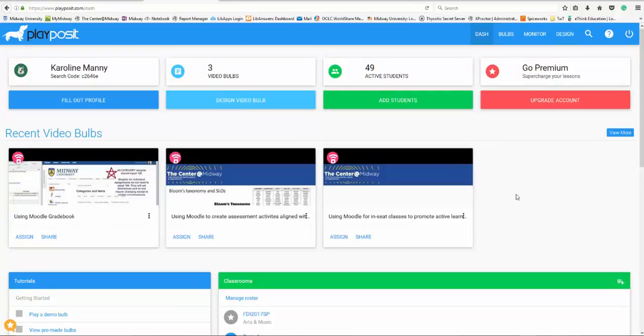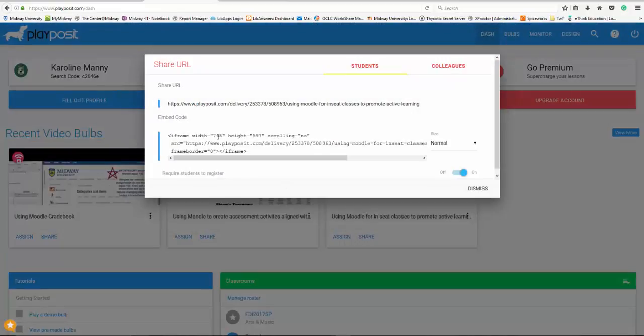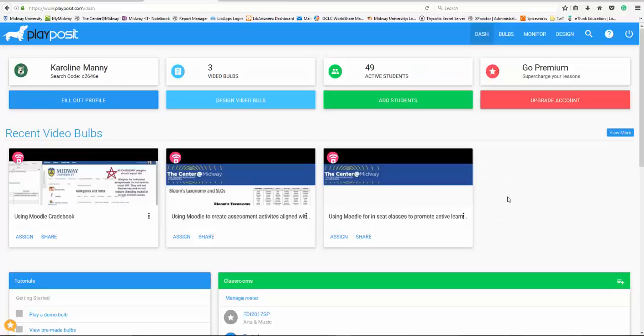Once you've created a class and assigned videos to watch, you have two options to get students into your class. In the first option, you simply send them the link to the video that was available when you assigned the video, and you can retrieve that link again by clicking the Share button, and you will see it again. You can simply send the students that link, and when they go to it and try to watch the video, they will be asked to enter a name, and then they will automatically be enrolled